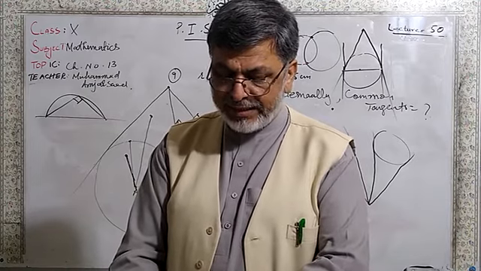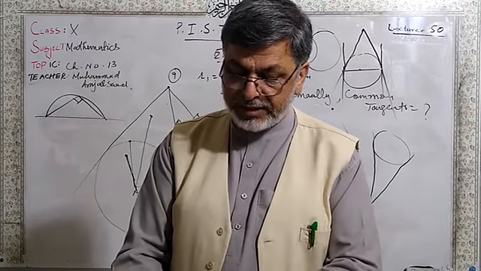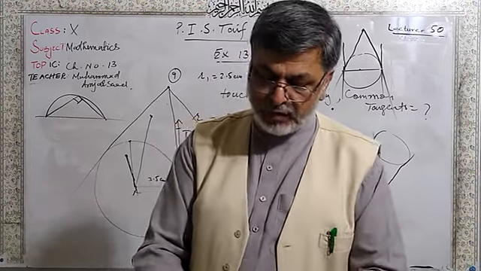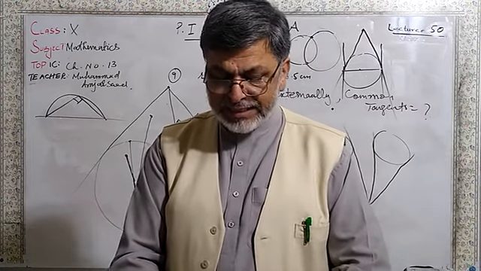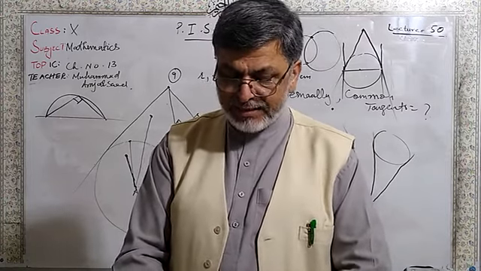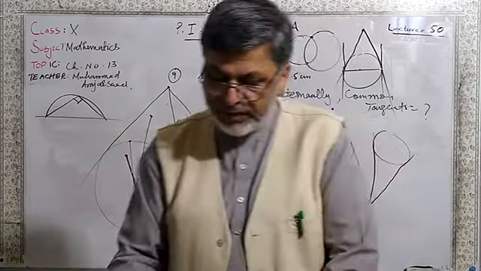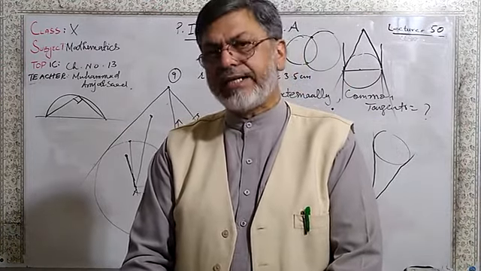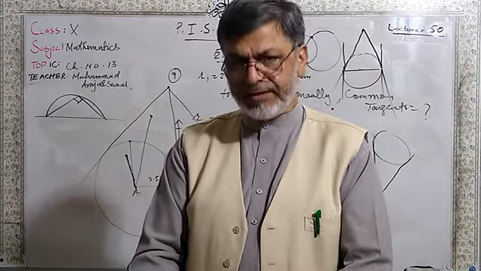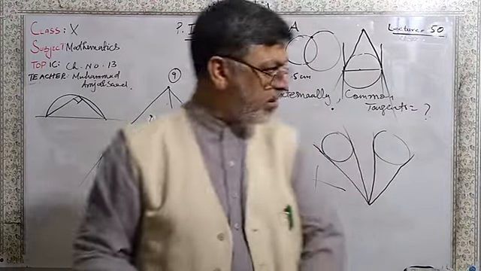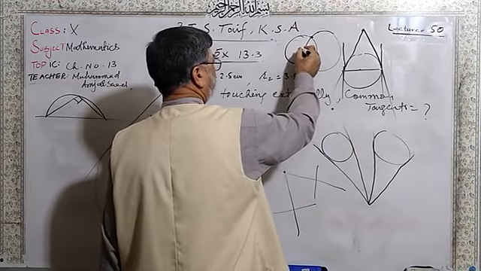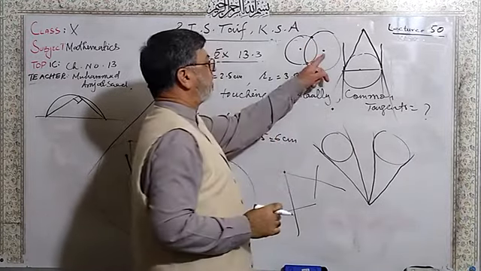The lengths of two direct common tangents to two circles are equal to each other. The lengths of two transverse common tangents are also equal. If the incenter and circumcenter of a triangle coincide, then the triangle will be equilateral. In the previous MCQs, we have seen that also. Two intersecting circles are not concentric. Definitely their centers will be different. These are two intersecting circles, and their centers are different.